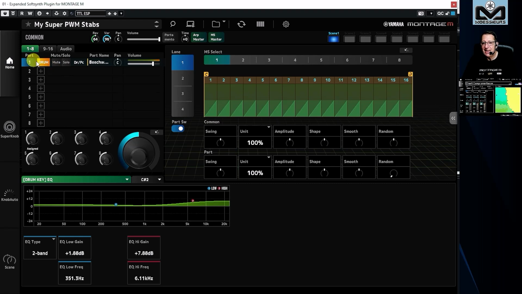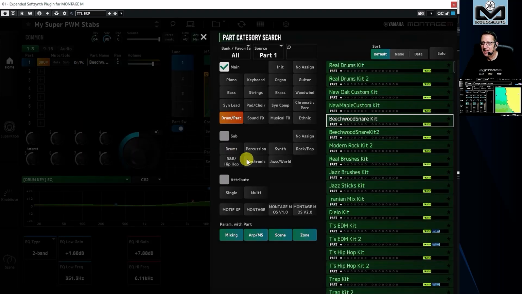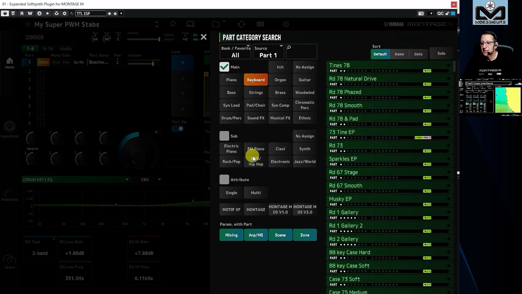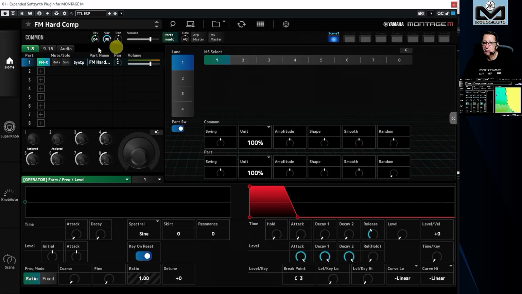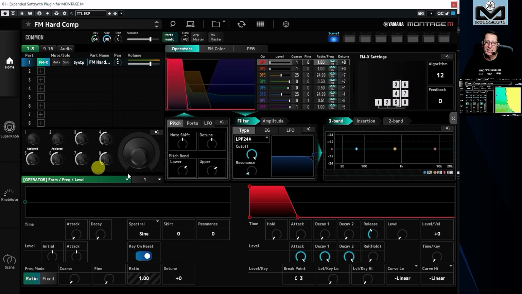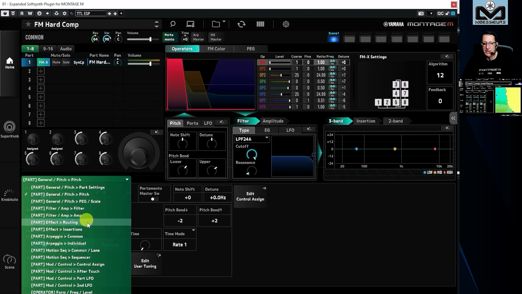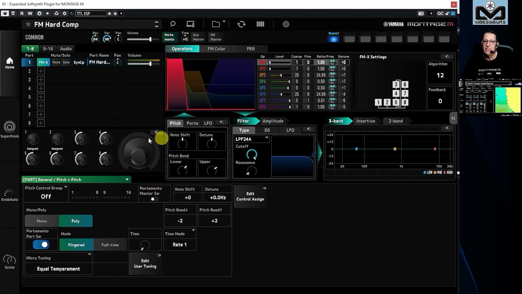If I change this and if I go to keyboard, the first one that comes, just to show you on the part level on the FMX. So we'll retrieve nearly the same thing here and we have the dedicated shortcuts to go directly to the things you want to edit. Depending on where you are, you have some things with the menu dedicated to the FM part at the common part level or the operator part level as you need.